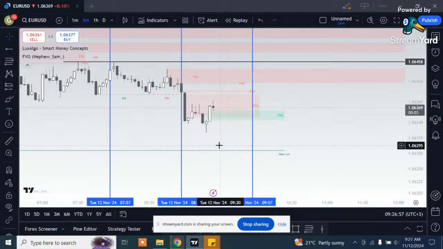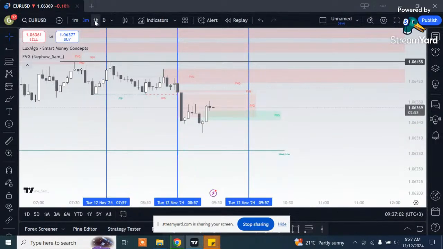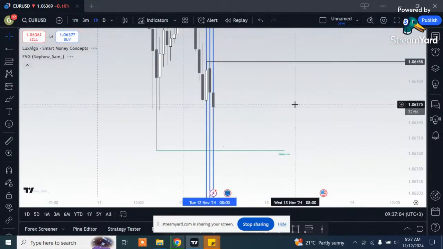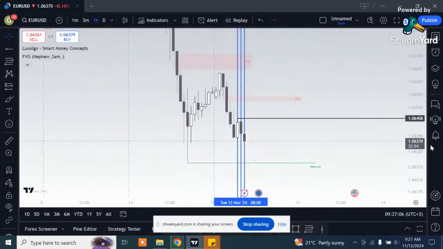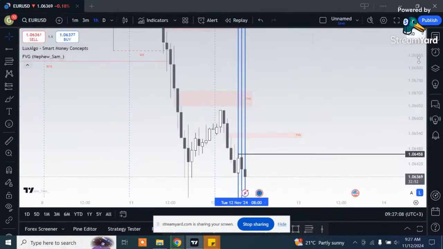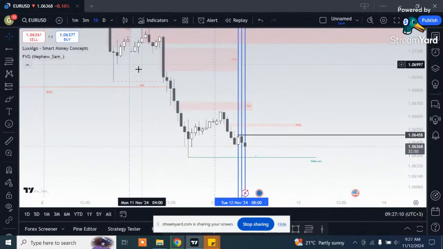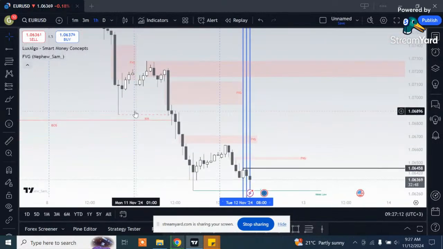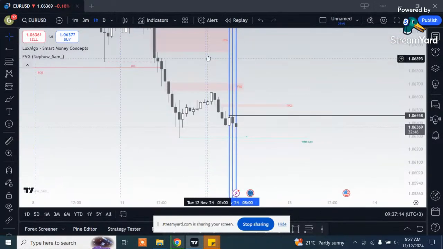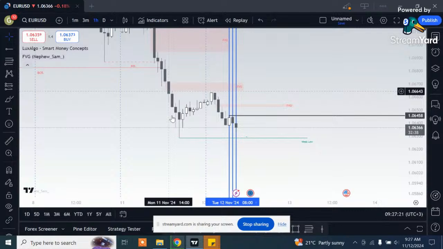So what I'm basically going to do is wait. So on the 1 hour, let me try and show you something here. We can clearly see that on the 1 hour, price has a bearish structure. We can clearly see it has been breaking structure, and I would expect another break of structure right here if that happens,